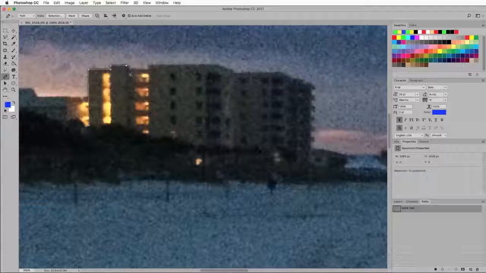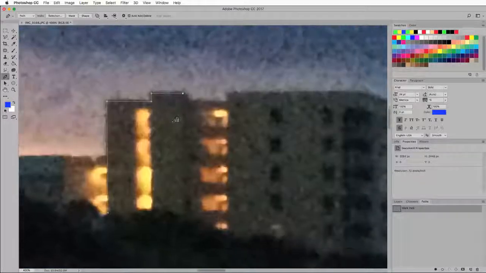Now, this is not a vertical line. One thing you really want to do when you're making a selection using the pen tool is zoom in as close as you can. Now, that's not too cool there. So I hit the undo button, and I want to move that